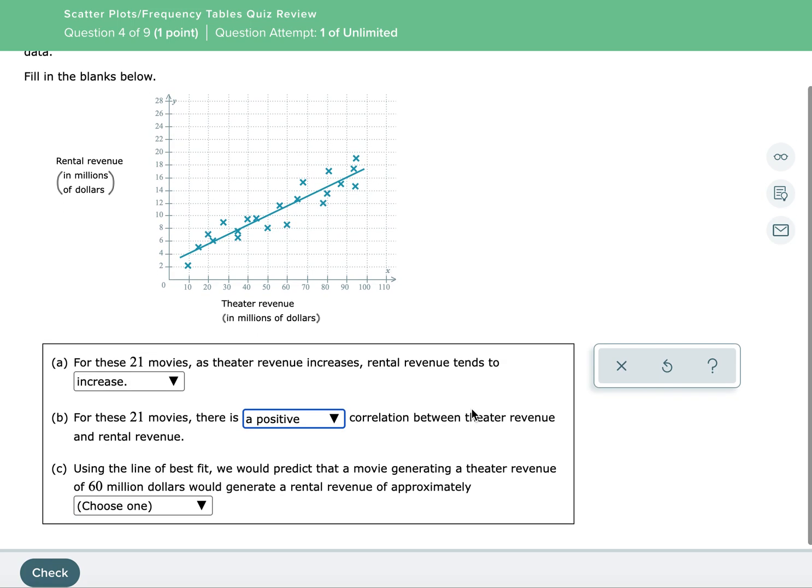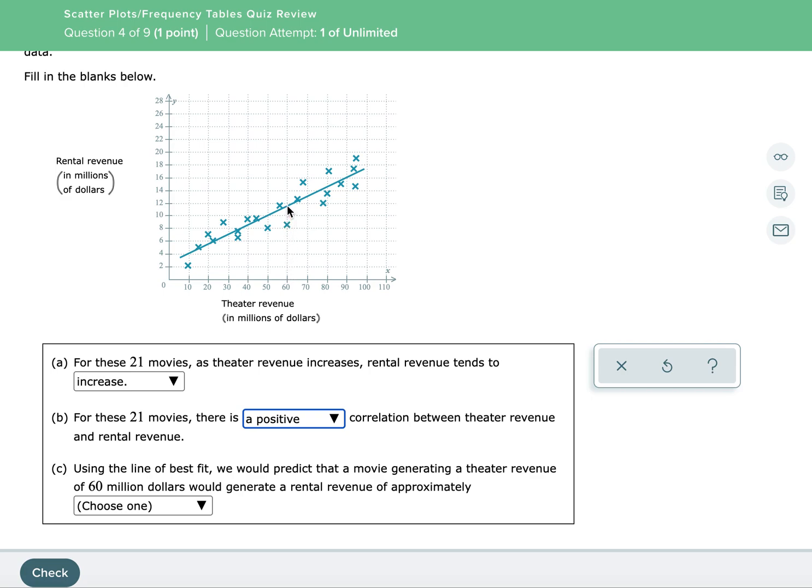And then it says, and this is the hardest part, using the line of best fit, we would predict that a movie generating a theater revenue of $60 million would generate a rental revenue of approximately, well, let's find 60 million for our theater revenue. Our theater revenue is our X. So if I go over to 60, I'm going to go up on my line until I hit the line